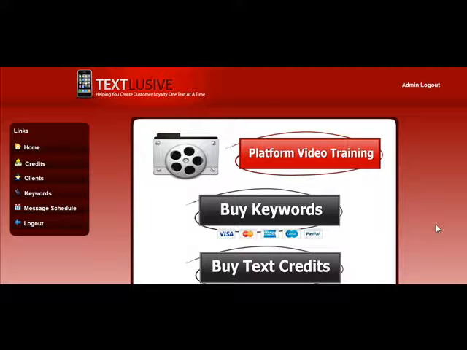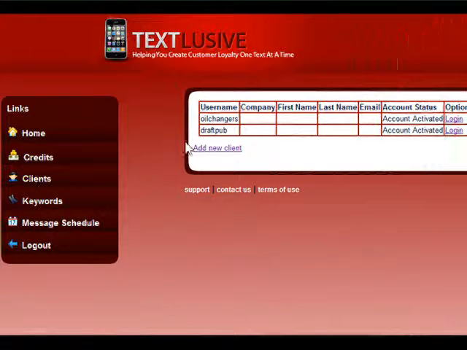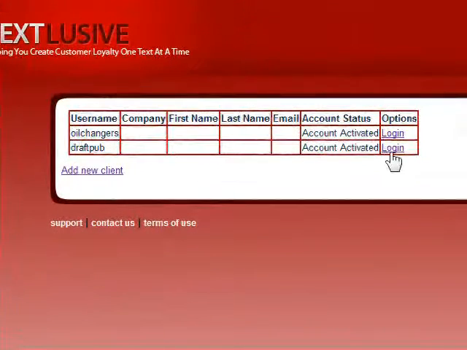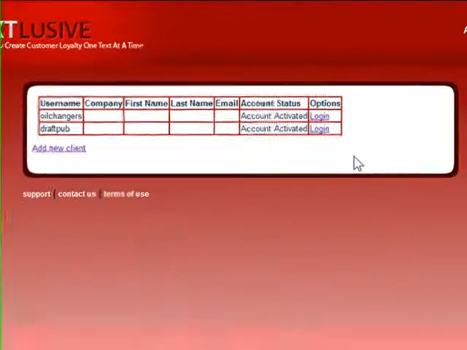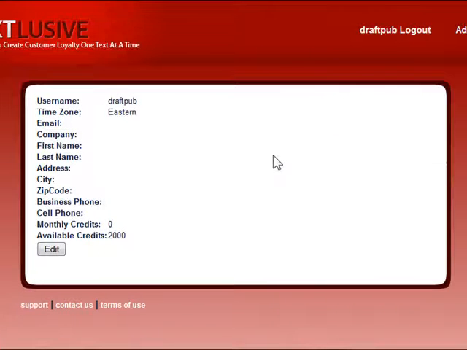So in this video, I am going to show you how to create a keyword for a client of yours. To be able to create a keyword, you do have to log into your client's account. You're able to do that by hitting the Clients tab here. And then we're going to grab our Draft Pub account and hit the Login button. By doing that, you will see that we will now be logged into the Draft Pub account, okay, which you